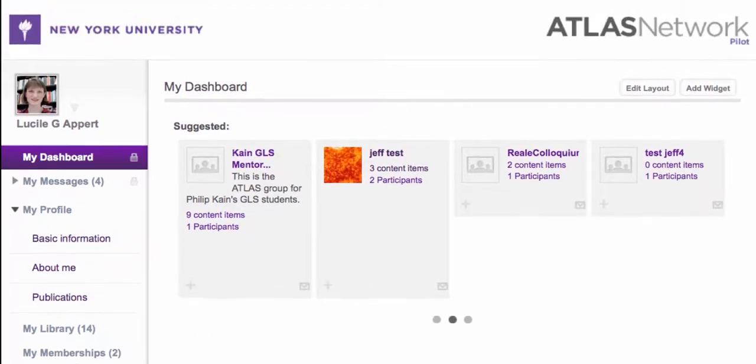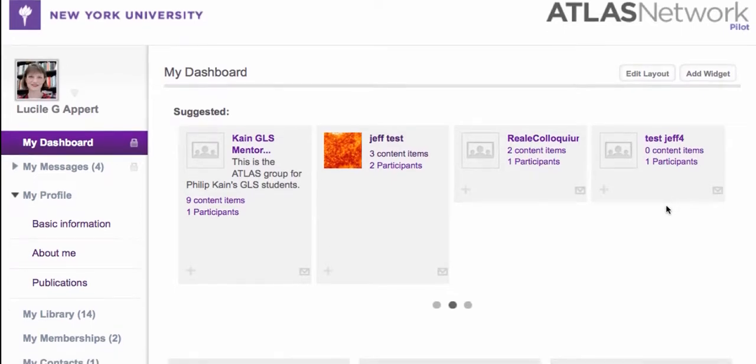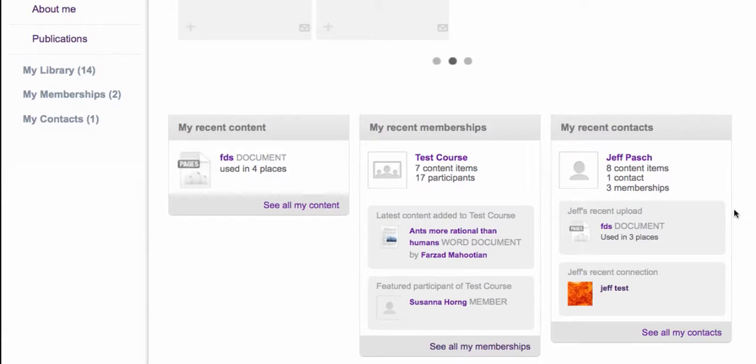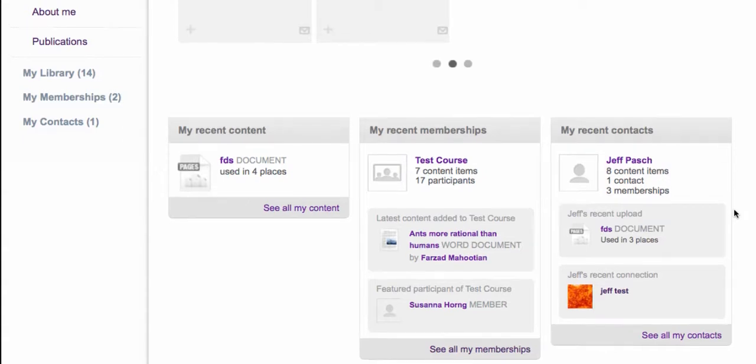It also shows you recent activity. So there are activity streams at the bottom: who your recent contacts are, your recent groups are, different things that you've uploaded. Again, multiple points of entry into the environment. People will find the path that is the easiest way for them to get to the things they're using.